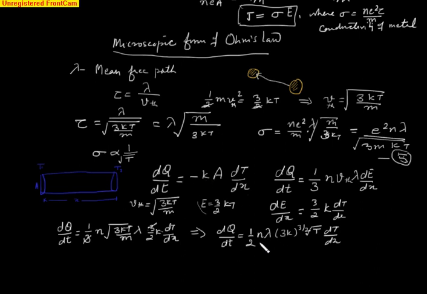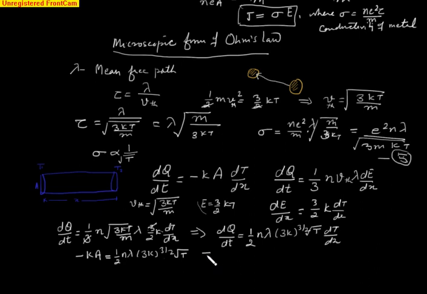So it means the remaining portion, minus KA, will be equal to this remaining portion: half of n, the number of electrons per unit volume, times the mean free path times 3k to the power 3 by 2 times